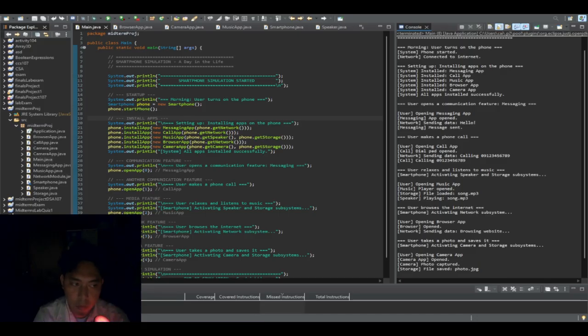After that, openApp calls two methods on the app: open, then execute. The remaining lines in each section are produced by those two calls. Let us go through each app one by one. For the messaging app, after the opening line from openApp, we see "app opened" from open, then "sending data hello" and "message sent" from execute. For the call app, the open method prints "dial pad opened", and then execute sends data through the network and prints "calling"